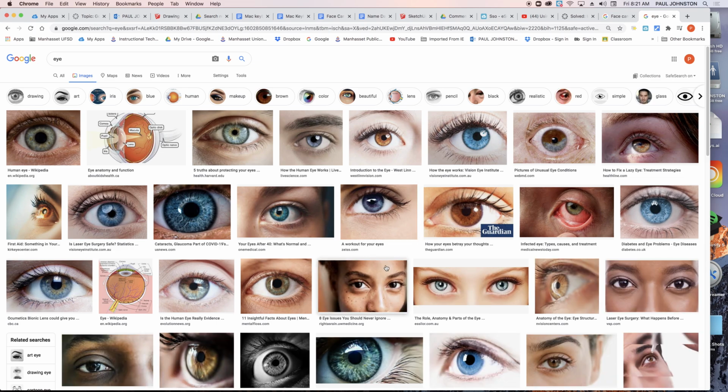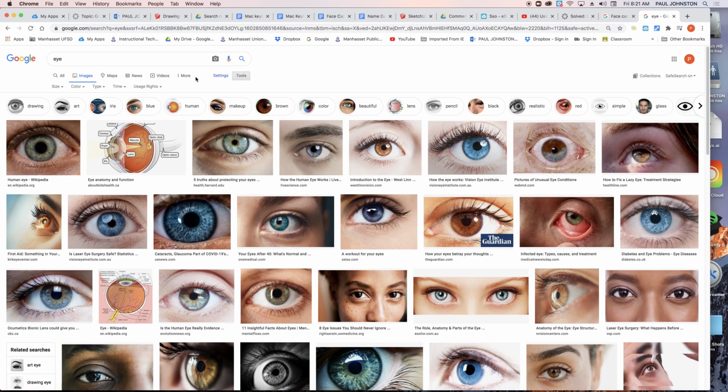But as you may have experienced, sometimes you might copy an image like this, put it in your science project on eyes or whatever it is, and find out that it shows up blurry. So one way to remedy that is to limit your images to really large, good quality images. Often you could go here at the top of the screen, there's settings and tools here. If you click on tools,